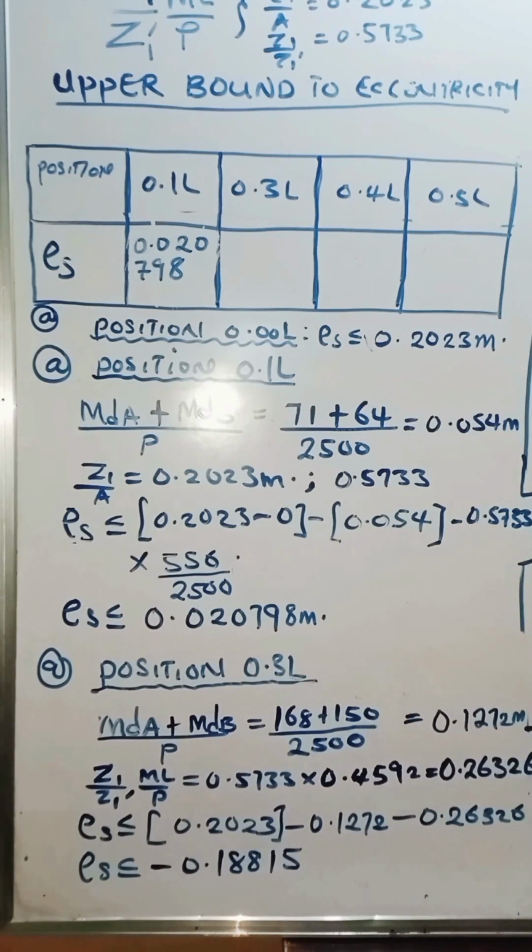So let's take the other positions, 0.4 L and 0.5 L. Once we are done with these values, we'll plot them on the graph, and we are going to obtain the required cable zone for this beam. Okay. All right, let's obtain the last 2 points, which are 0.4 L, and then we go into plotting the cable